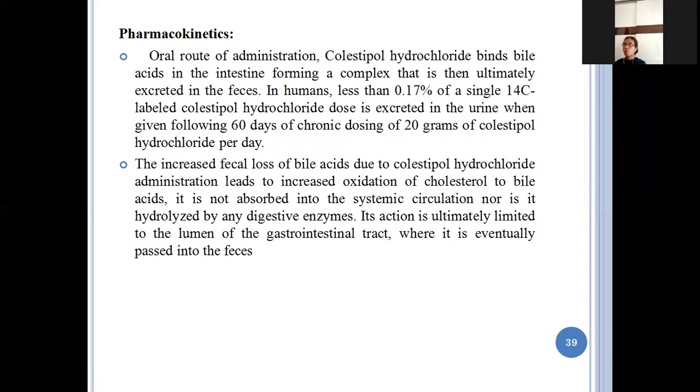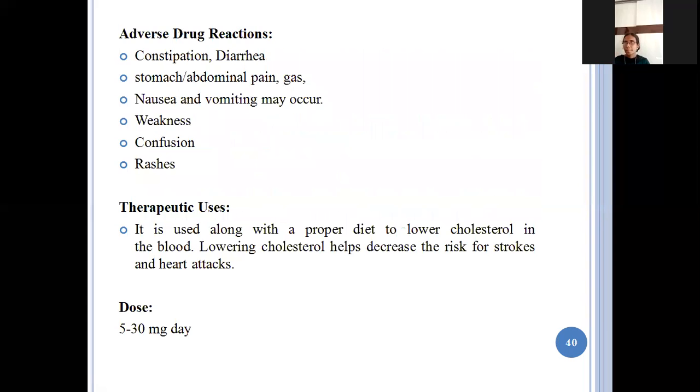Means it is an oral route of administration and it combines with the bile, which forms the complex in the body. So it does not enter into the systemic circulation. So without entering into the systemic circulation, it forms an insoluble complex and directly it is eliminated through the feces. Next, adverse drug reactions are constipation, diarrhea, stomach pain or abdominal pain, gas, nausea, vomiting, weakness, confusion, skin rashes,